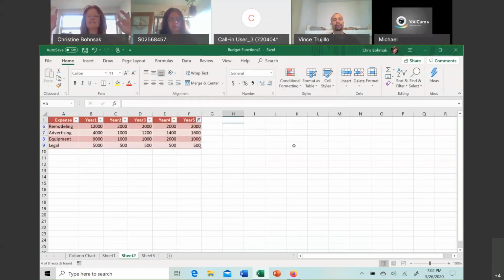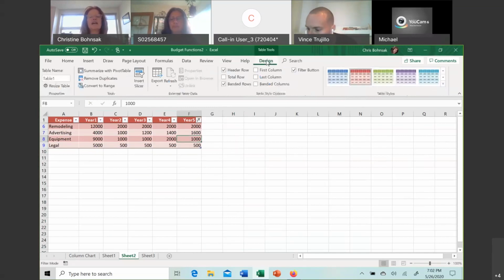So you see how my list collapsed. The numbers turn blue. I also get a little filter symbol in my year 5. Okay. Tables. Now I'm back in the table and on the design tab, this is a really powerful tool and